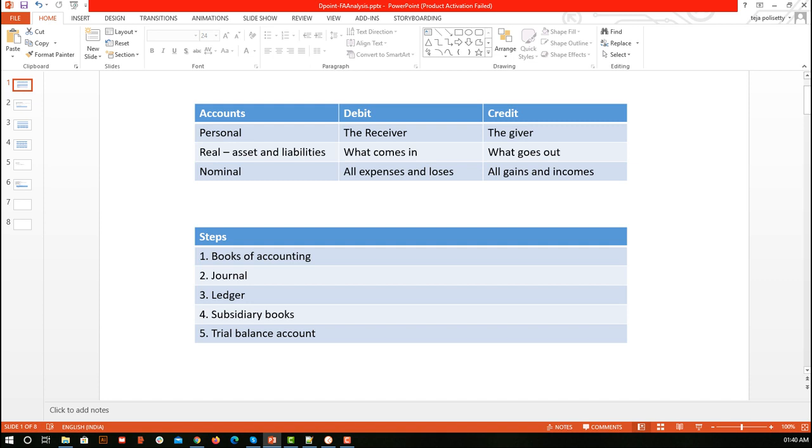So coming to journal, what is journal? The first step is the storing of transactions in books. Journal is nothing but storing the transaction in books in chronological order, which means storing based on the date. It is date wise storing. First we are going to see the format, and then the problem, and we are going to use this same problem for ledger, trial balance, and everything, so that we can correlate the previous format and the next format. Let's get started.